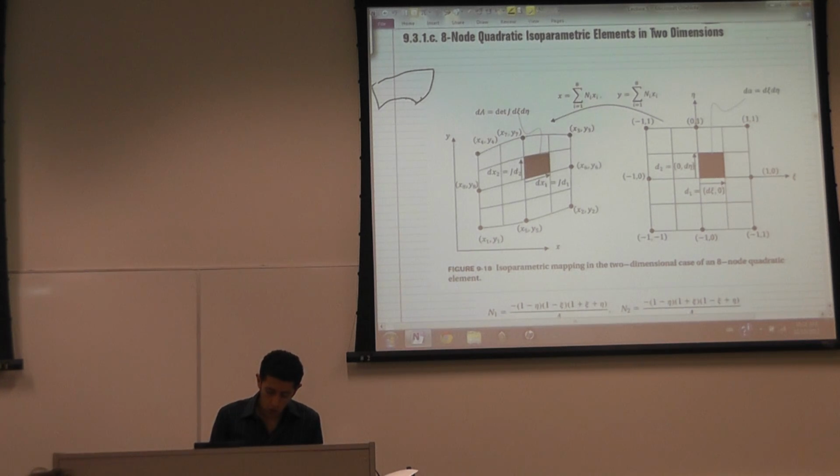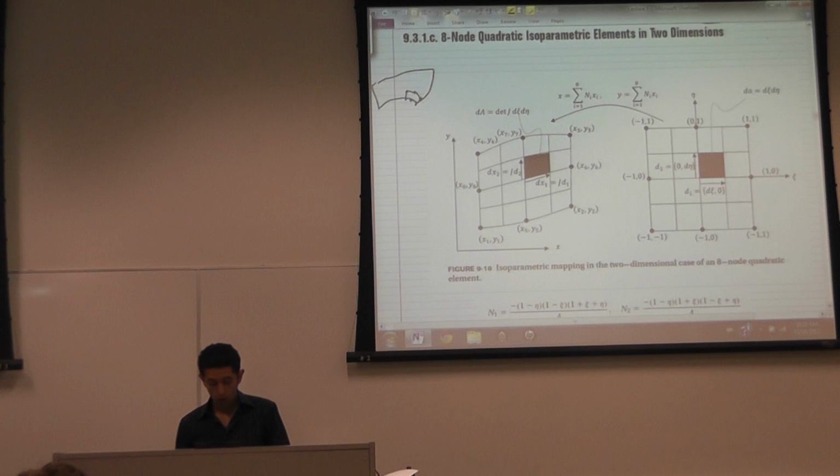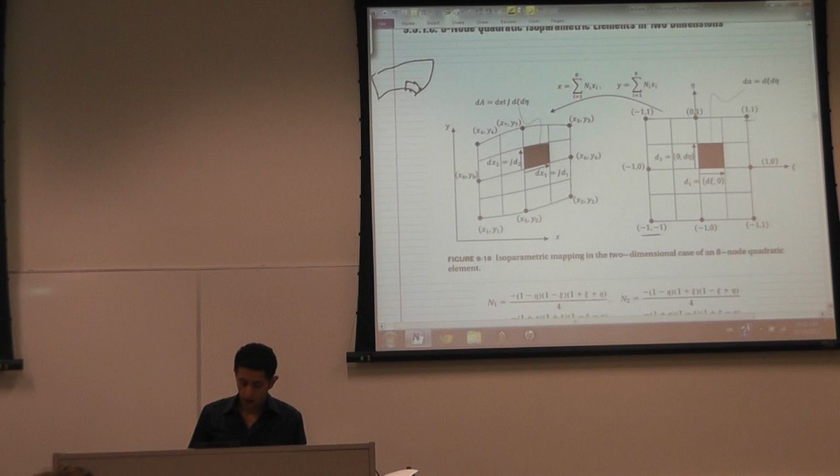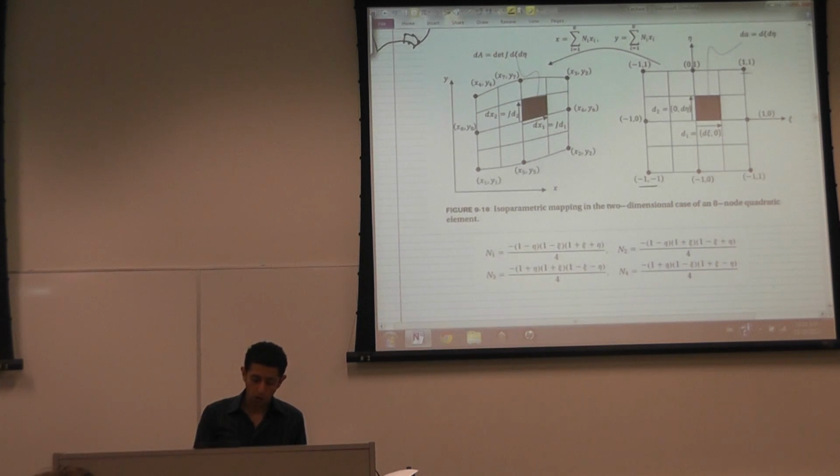You can model elements with curved sides by following the same shape functions. So in the perfect world, the element is square. I'm integrating in the domain from -1, -1 to 1, 1. But the element in the model world exists in this new coordinate system, in the world coordinate system, with the following